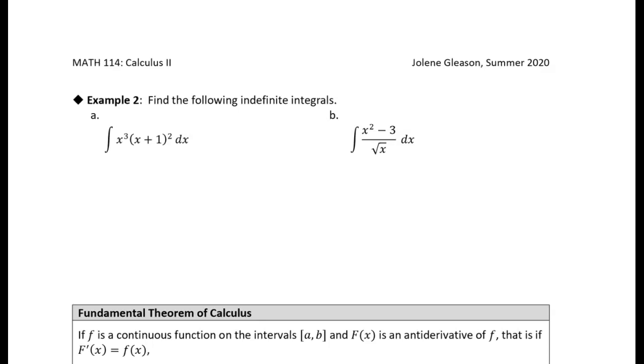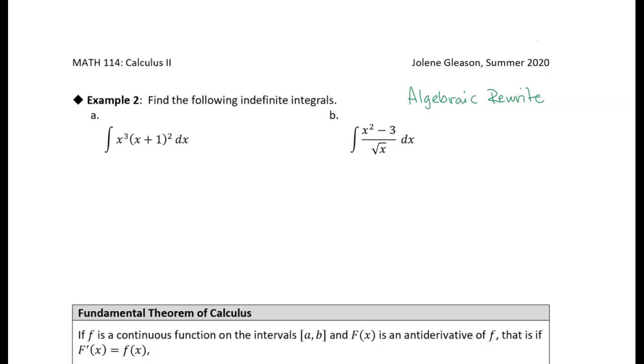All right, so in this example, we get a couple more integrals to try to solve. Now, these don't initially look like something that you know how to solve, but if you rewrite the integrand, you'll see that it's not so hard. So I kind of put these types of integrals in the category of algebraic rewrite. Right, so we take it and we manipulate it algebraically, and we end up with something that's